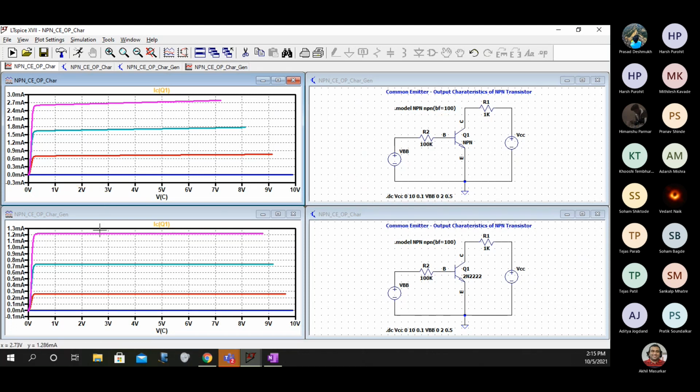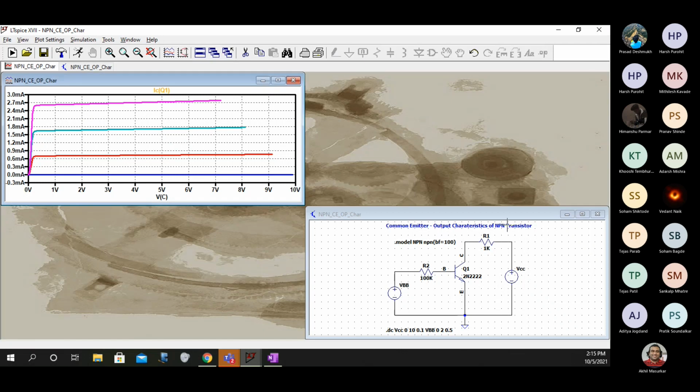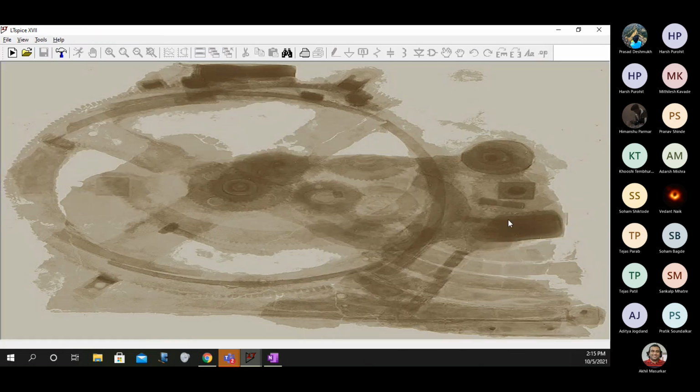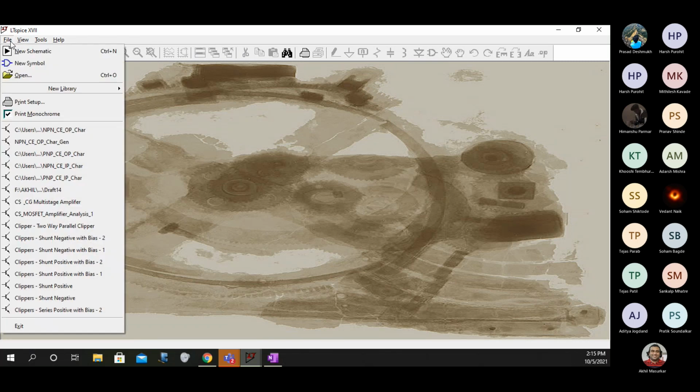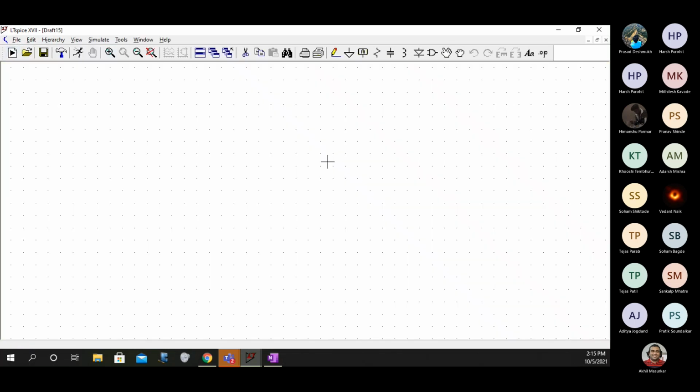Okay. Now this was all about it: we saw two input characteristics and two output characteristics, for NPN as well as PNP transistors. So I'll just save and close this, otherwise something will go away. Now let us see a new schematic.